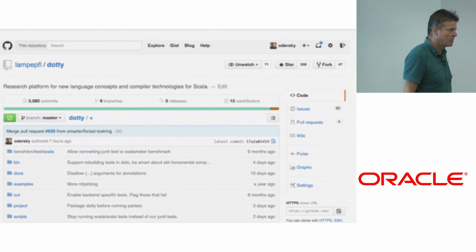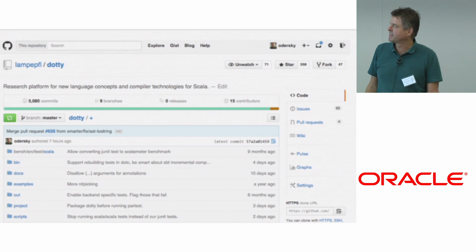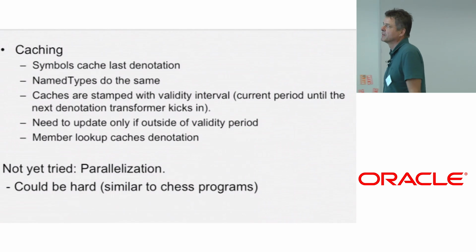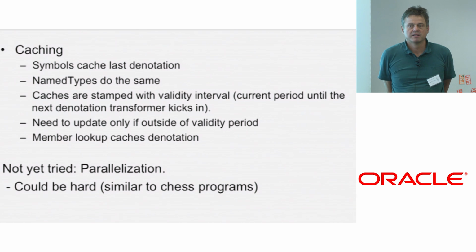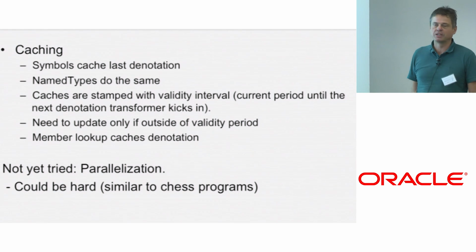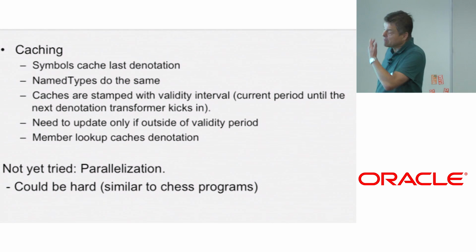OK, I can go to some of the supplement slides, how to make it fast. So first, I should say we don't really have definitive speed numbers yet. So I don't know how fast it is. It's hopefully faster than the current Scala C compiler. I don't know right now by how much, because we haven't taken out the training wheels. So there's a lot of instrumentation that slows it down and things like that. So we'd have to take that out and then measure. But we haven't done that yet.